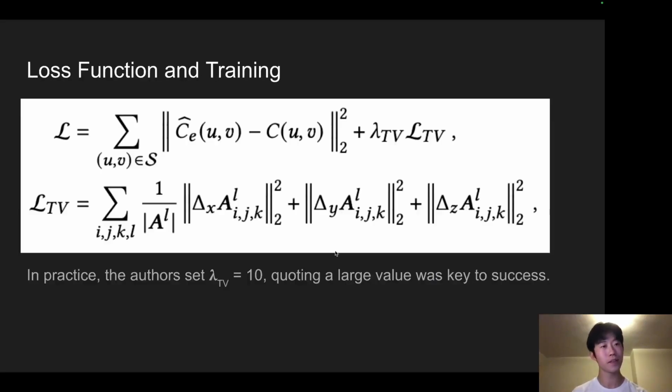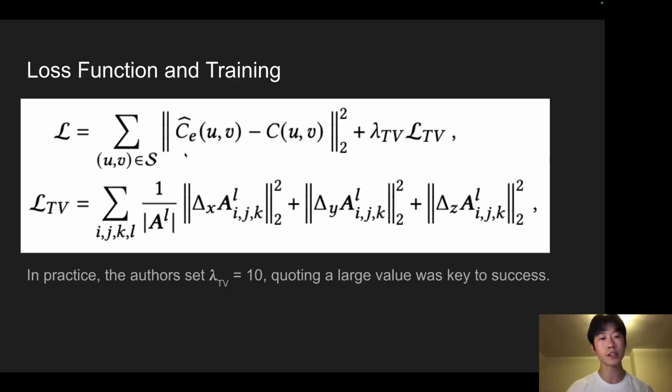So how do they train this exactly? As I mentioned, the gradients will flow back as it is a differentiable process, but they also introduce some regularization. They want this grid to behave a certain way. So I'm going to talk about this loss function that the authors use. L here is the total loss. As you can see, for this first term, you loop over all the pixels,